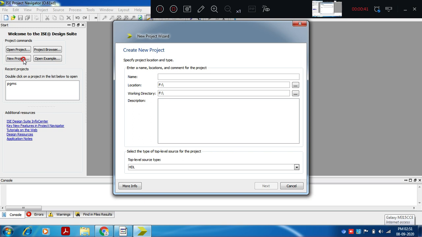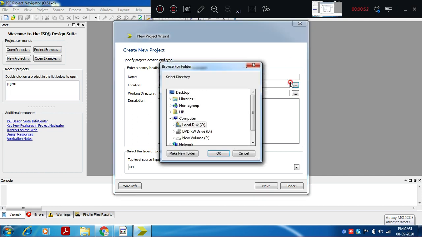So we are writing code for a 1-bit full adder. I have selected the name full adder. Location also you select.